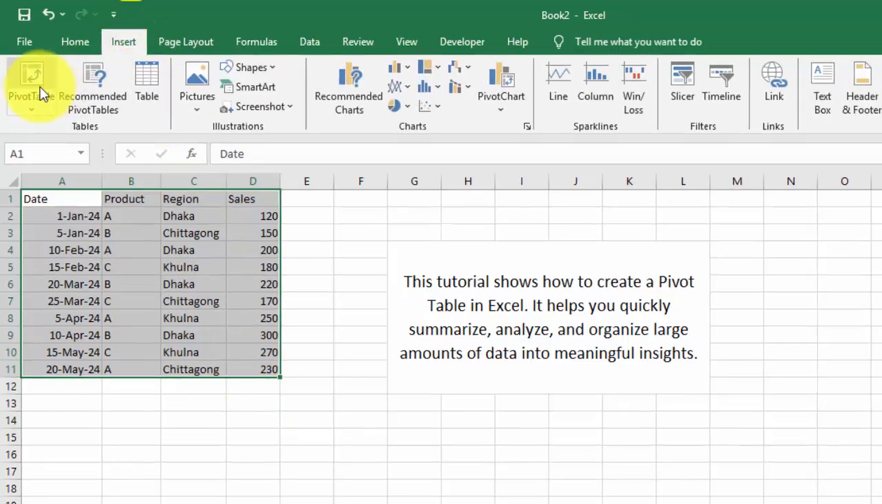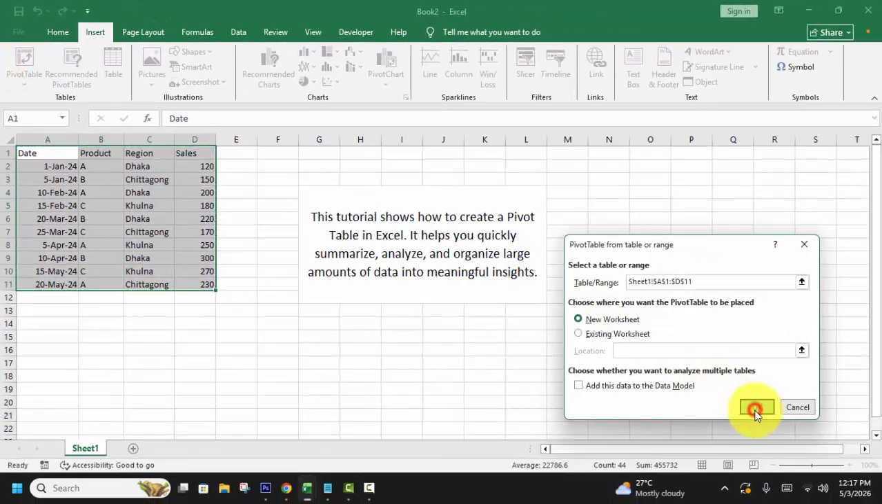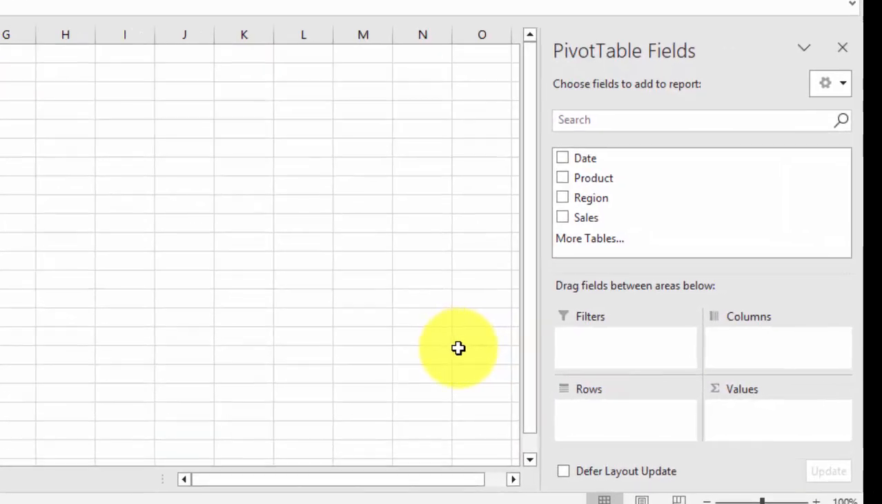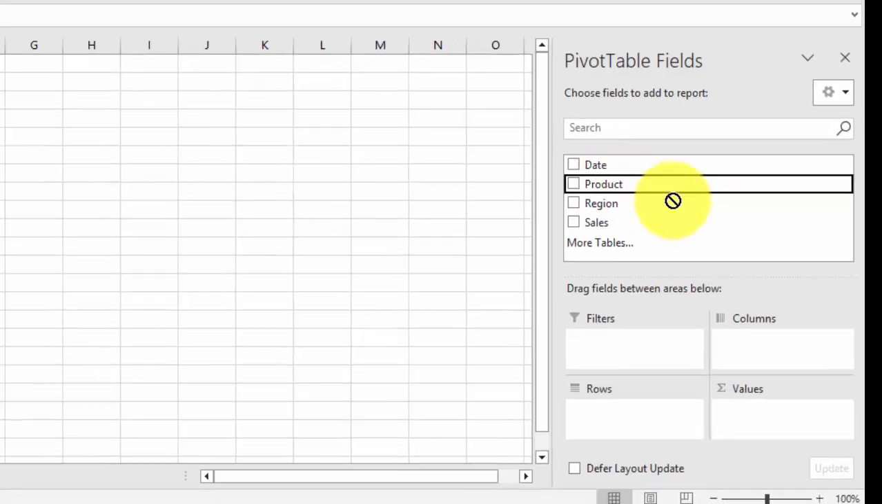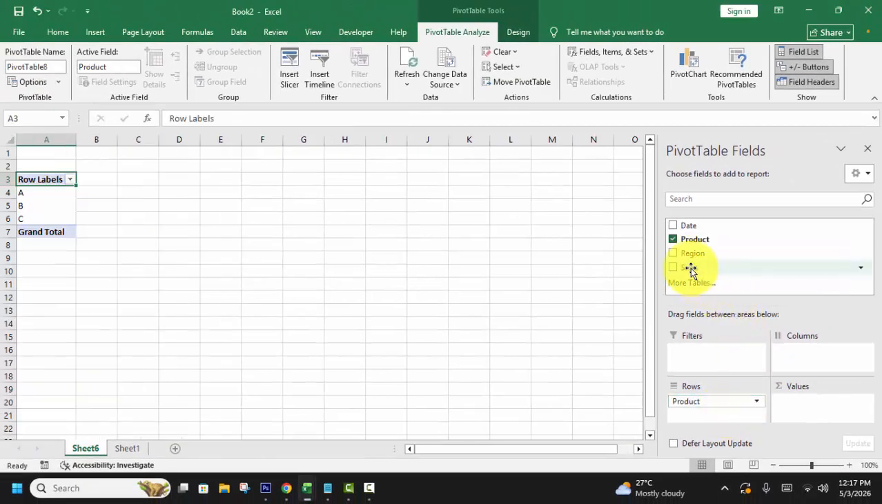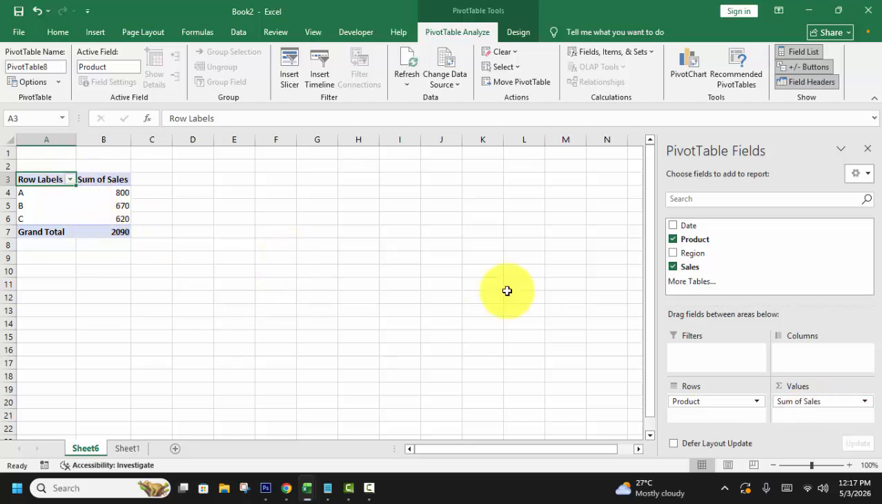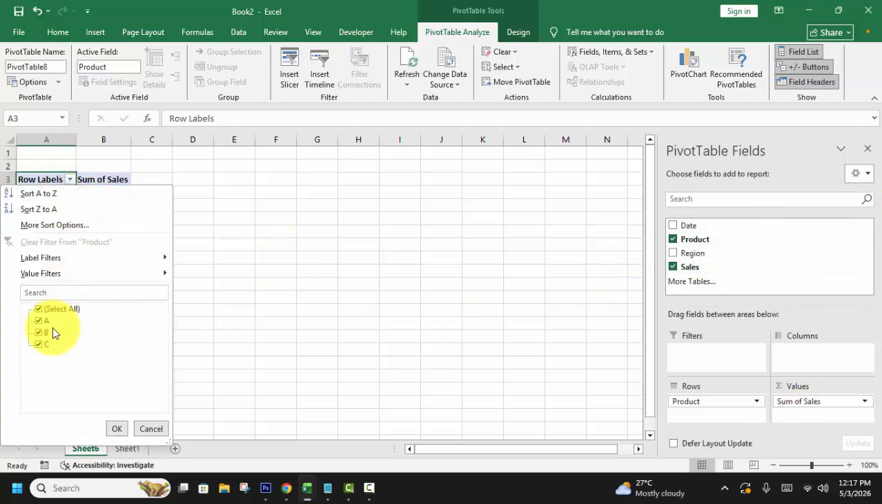then go to Insert tab, PivotTable, click OK and use the pivot table. See this product, use rows and sales values. Okay, use filter